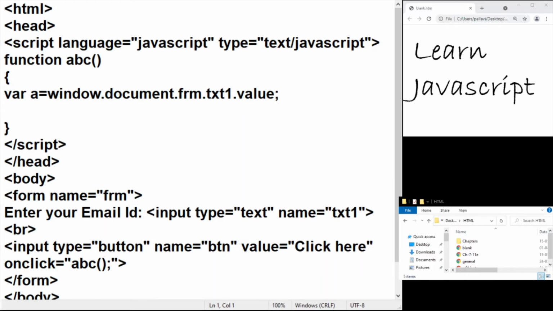So try to understand the situation. If there is an at the rate, and if I could replace that at the rate with some other character, the new string which would be created as a result of the replacement would not match the original string, which would be a clear indication that there was an at the rate.